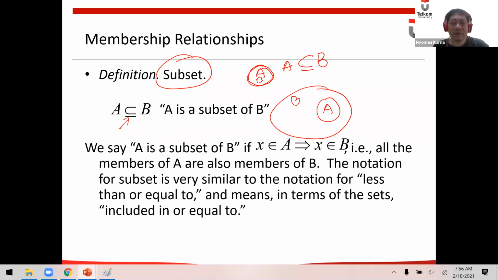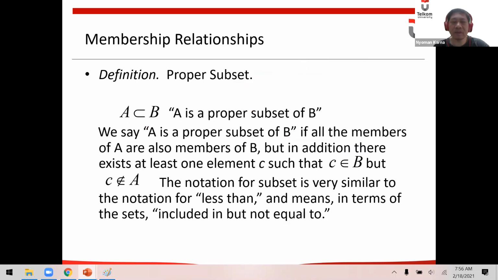And then we also have another membership relationship, which is the proper subset. In proper subset, if this is A, then this is B. So there will be at least one object in B which is not a member of A. Let's say this one is x. So x is a member of B, but not a member of A. This is what we call proper subset. Okay.